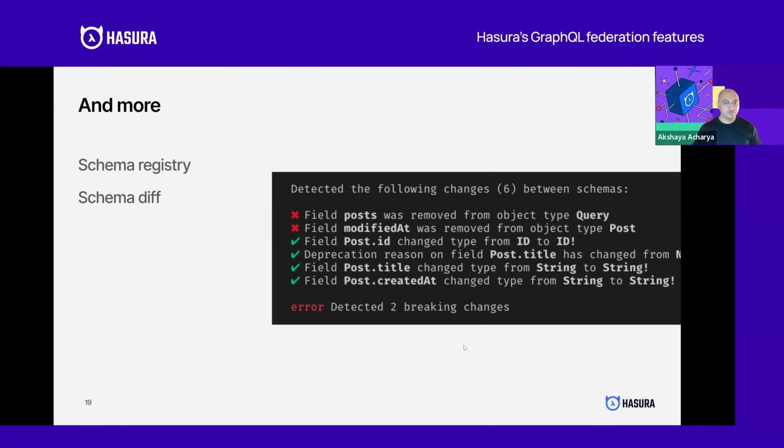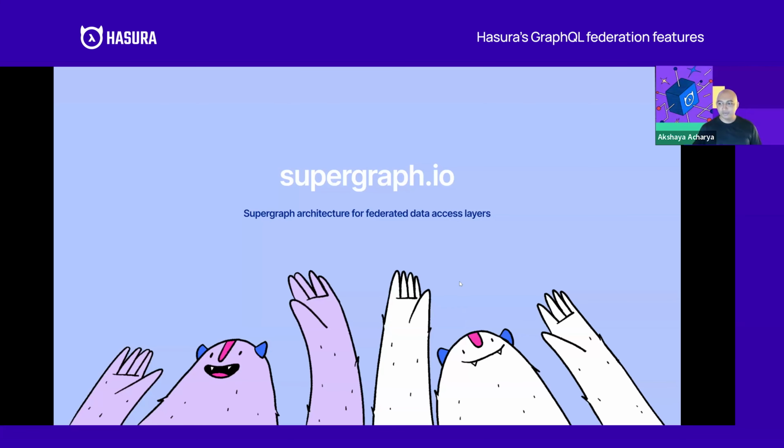So I think federation is an interesting segue for today. Because is GraphQL dead? Well, clearly not, because GraphQL works phenomenally well, I think. But at the same time, the cool thing with Hasura is you're modeling your data domain. And this is one of the things I love about Hasura.